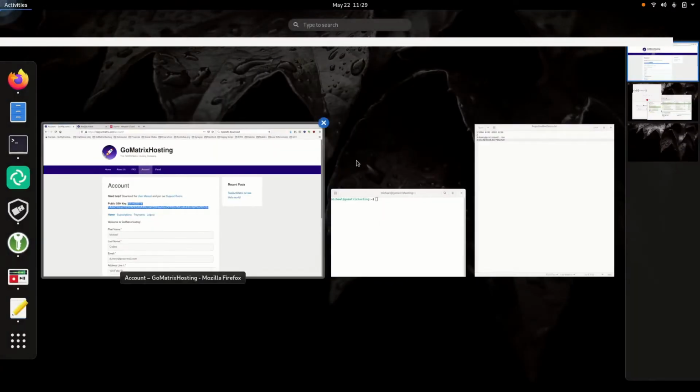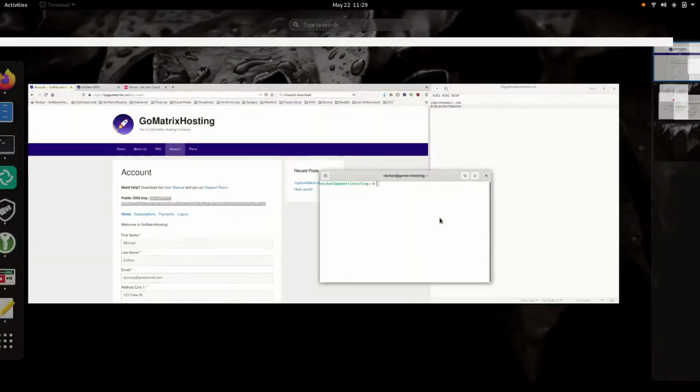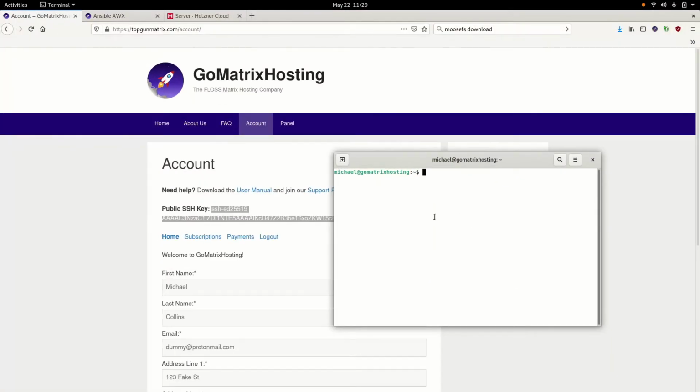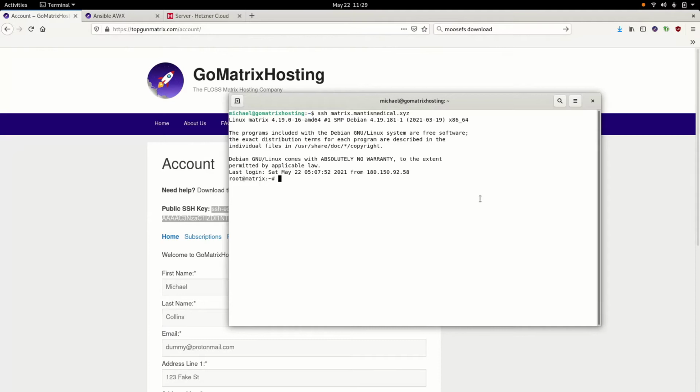Next step is to dial into our server. You'll also find that when you create a lot of these VPSs, there is an option when creating it to actually add the SSH key at that stage. That would be even easier than doing this, but we're going to show you how to SSH in and update it yourself. So here we see we've SSH'd into the Hetzner server, and now we're going to go